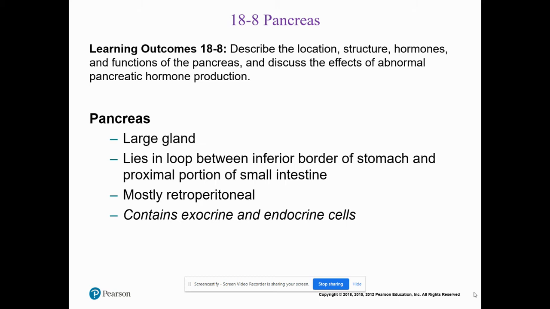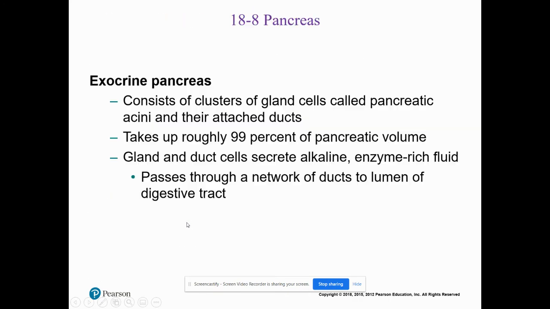All right, so your pancreas. Like I mentioned earlier, the learning outcomes throughout the PowerPoint are important. But I also mentioned earlier that it has both exocrine